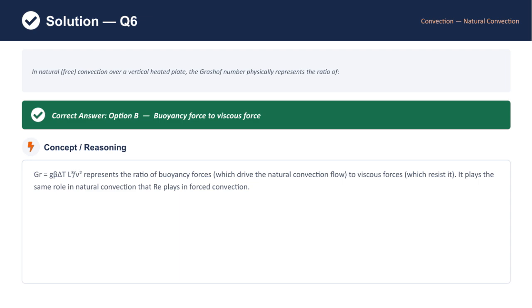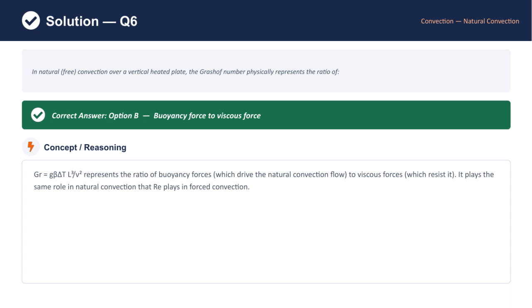The key point is the Grashof number, which essentially quantifies the relationship between two important forces at play. It represents the ratio of buoyancy forces, which cause the fluid to move due to density differences from temperature variations, to the viscous forces, which oppose this motion. So, a higher Grashof number means buoyancy is more dominant, leading to stronger natural convection currents. This is similar to how the Reynolds number functions in forced convection, but here it's all about the balance between buoyancy and viscosity. Understanding this helps us predict how fluids will behave when heated naturally, without any external force driving